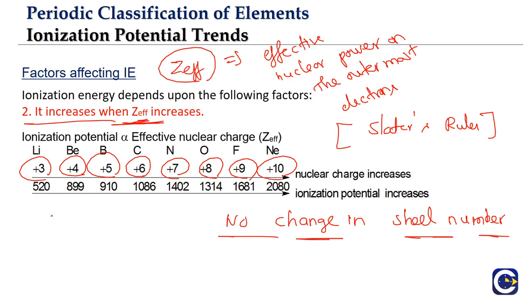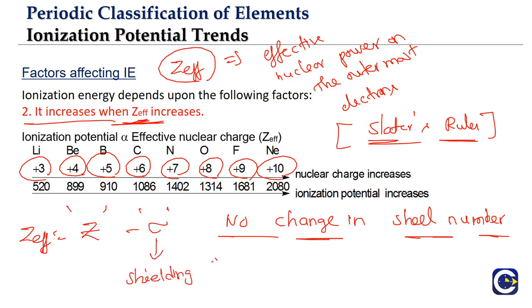It is the Z effective. As per Slater's rules, Z effective will be equal to the theoretical nuclear charge minus what we call sigma. Sigma is the shielding factor or the screening factor. We discussed this. The sigma represents how the inner orbit electrons as well as the other electrons in that same orbit are shielding the nuclear influence. Different theories have different sets of rules to calculate it.